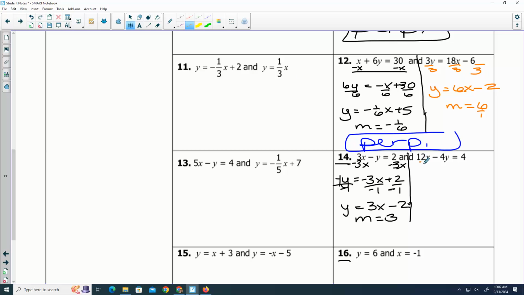Okay, second one, subtract our 12x. So negative 4y equals negative 12x plus 4. Divide by negative 4. So negative 12 divided by negative 4 is positive 3x minus 1. So slope, the number in front of x, is also a 3. If they're the same, that means